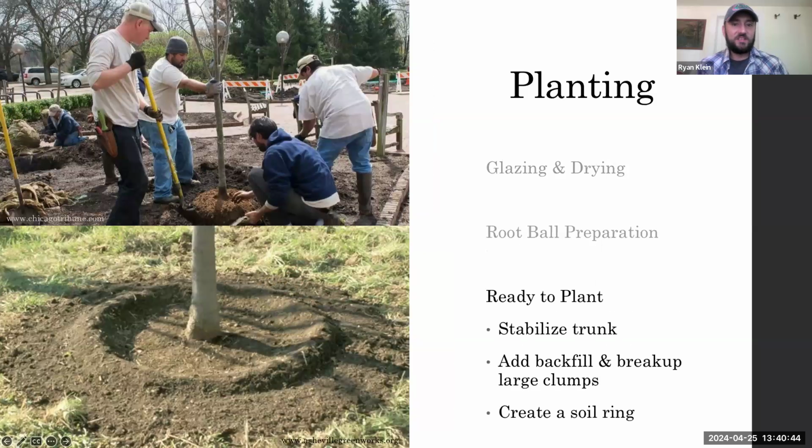And then once in the planting hole, stabilize the tree. You can lightly pack in some soil. Don't compact it, because again, it'll keep the roots from growing out into the landscape as easily. And then, maybe you want to water it in as far as to break up the soil a little bit, get it to settle. You can create a soil ring around there, so when it rains or if you're irrigating it, it can kind of puddle up over the root ball to keep it moist. And then again, make sure you're planting it slightly above grade and exposing the trunk flare.